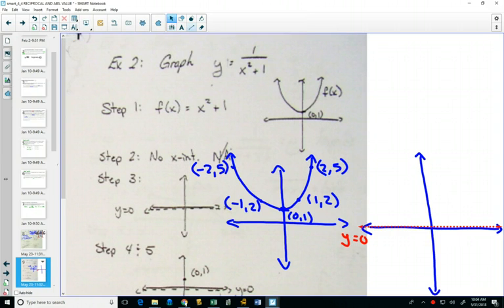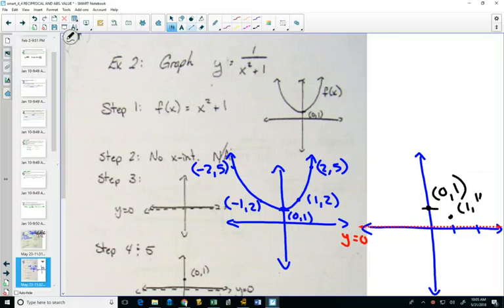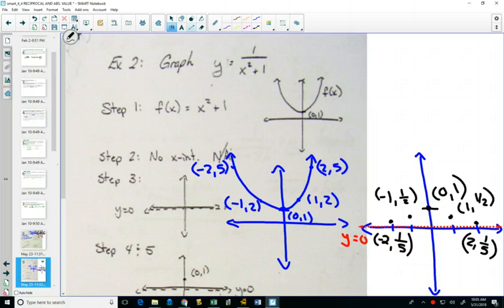Next, we can look at nice points. Well, we have 0, 1. What happens to 0, 1? It becomes 1 over 1, which stays the same. What happens to 1, 2? It changes to 1, 1 over 2, and 2, 5 changes to 2, 1 over 5. Same thing on the other side. We'd have negative 1, 1 over 2, and negative 2, 1 over 5. If you take those points and draw the asymptotic behavior,